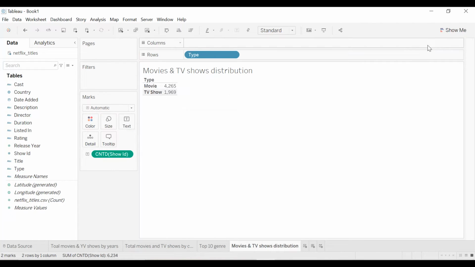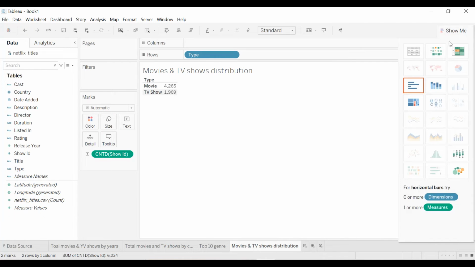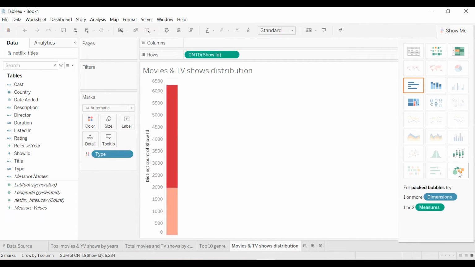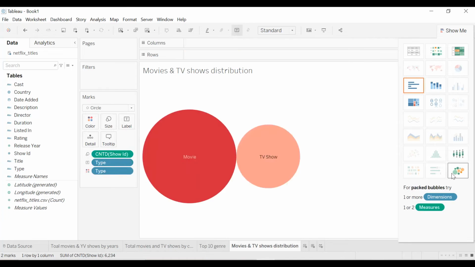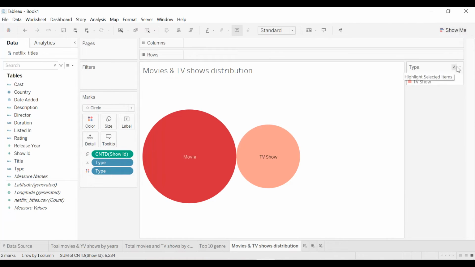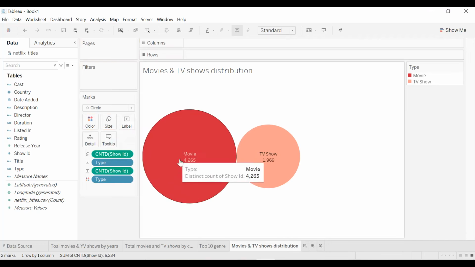But if you want, you can change it to a visualization. For example, we can change it to a highlight table, for example stacked bar, or for example packed bubbles. Okay, as you can see here, it gives us much more information than the table. Okay, we can add, for example, we press on the control key and we put the label, so the total in the